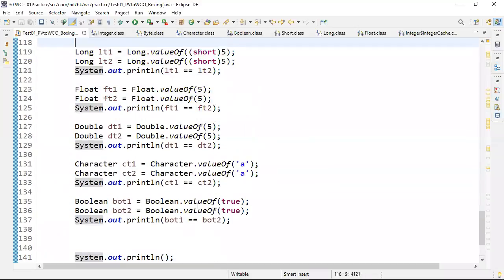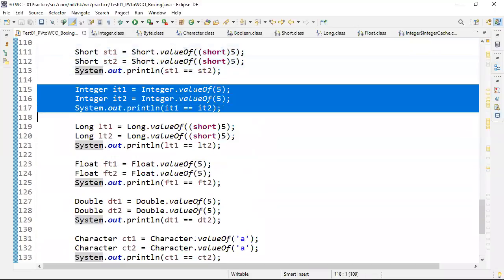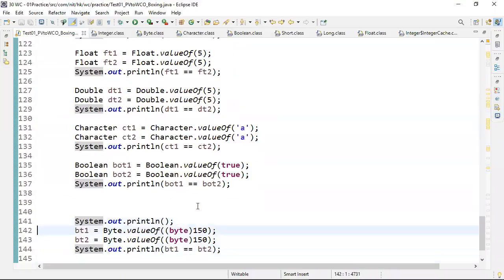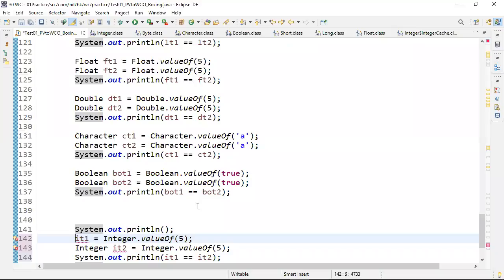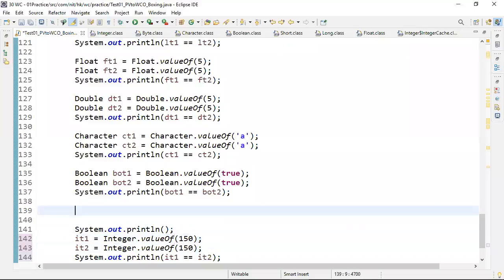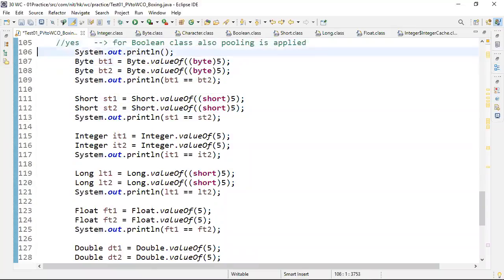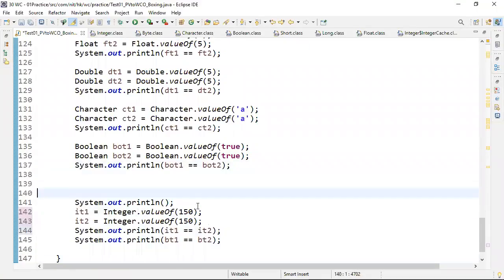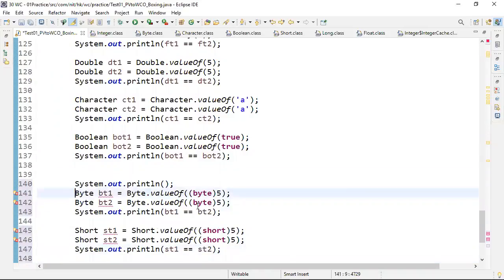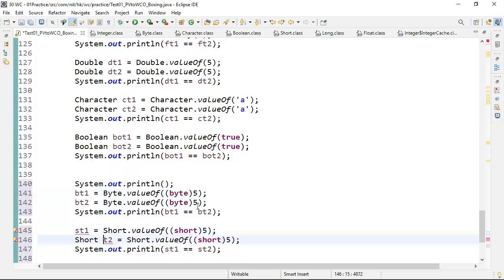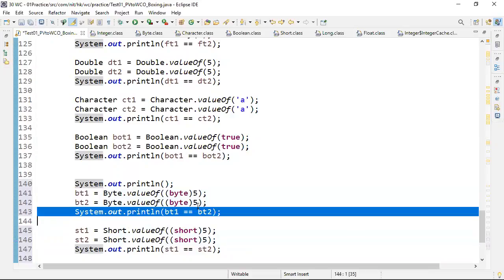Better let us use Integer or Short, where the implicit downcasting is not there now. 150, 150. One minute, let me have both. Okay. Now here we will get true.